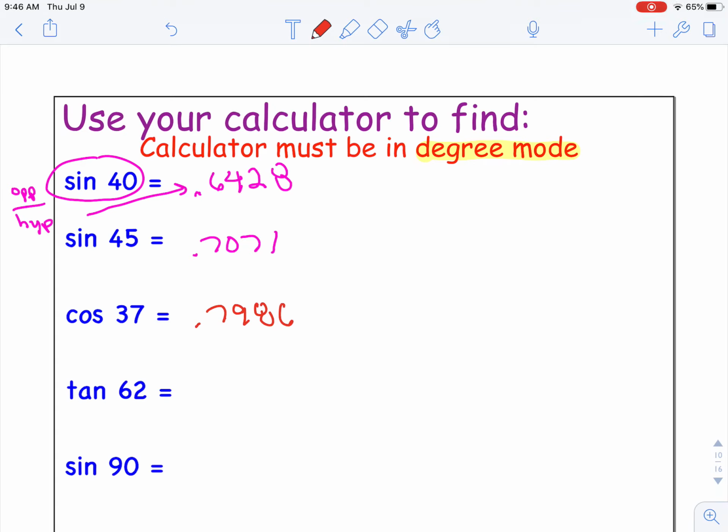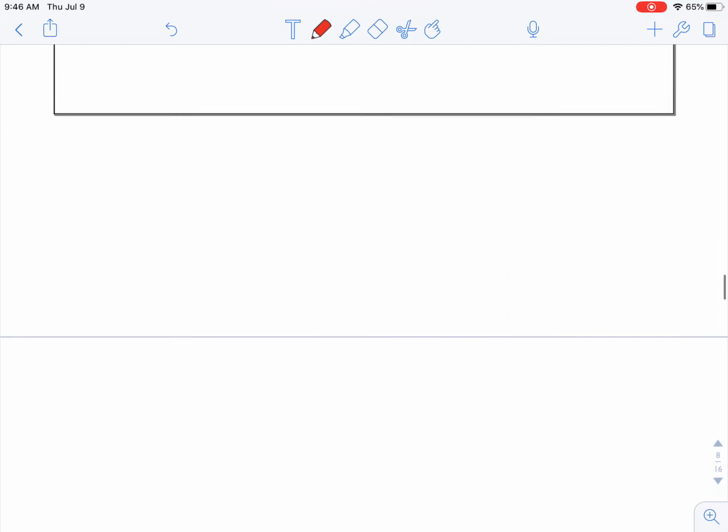And tangent, now you have the TAN button, try tangent of 62. That gives us 1.881. And the sine of 90 is actually 1. So your calculator has all those ratios stored for you, and that's how we're going to use it to find missing